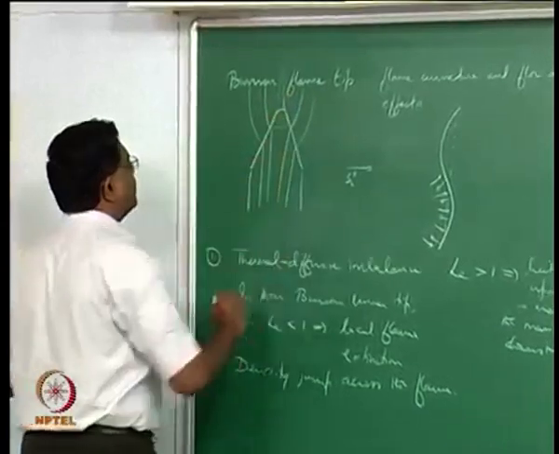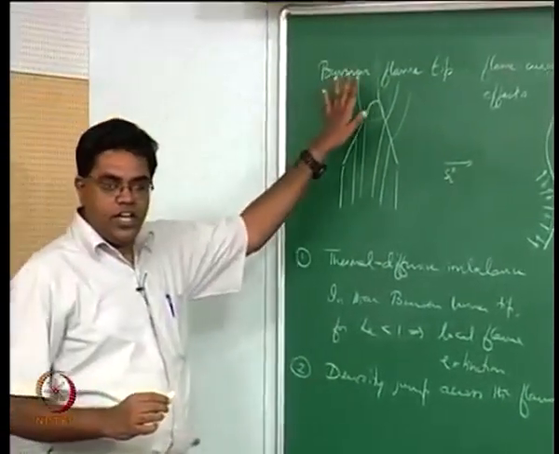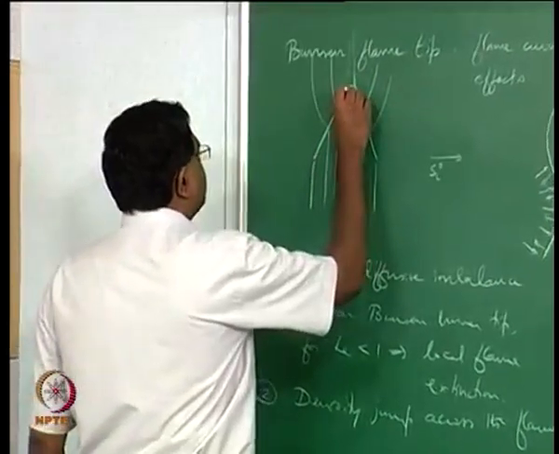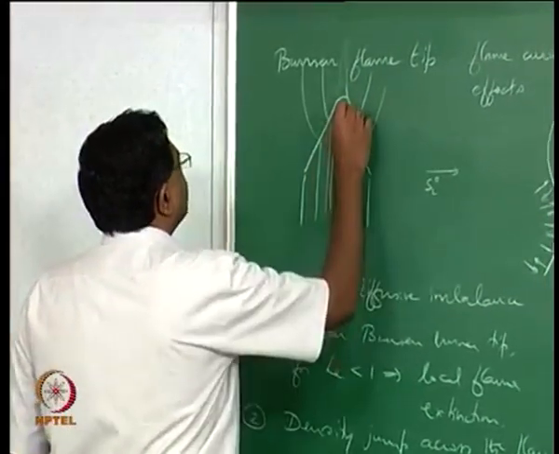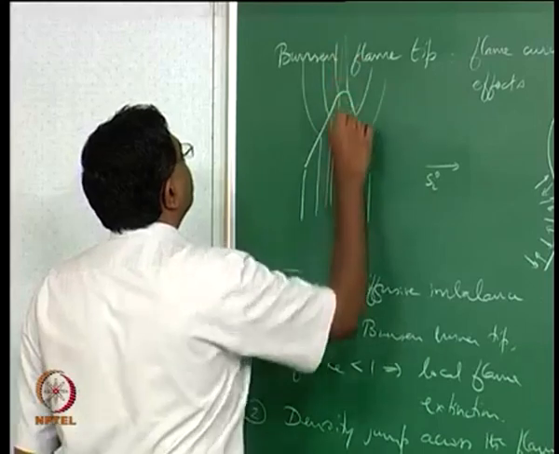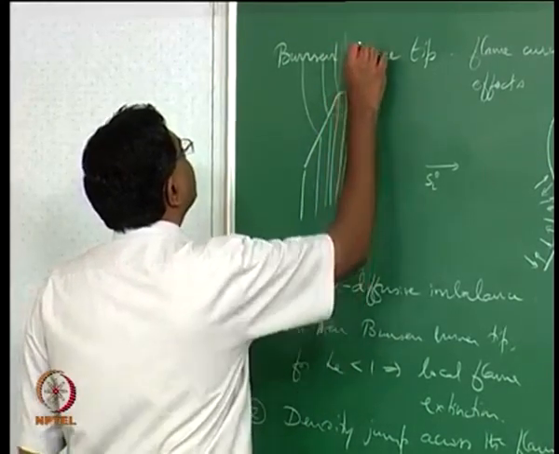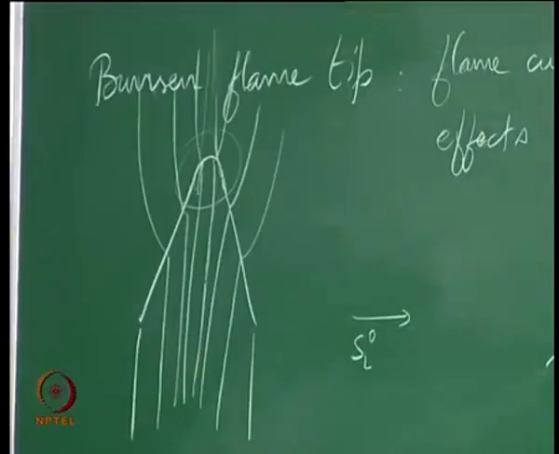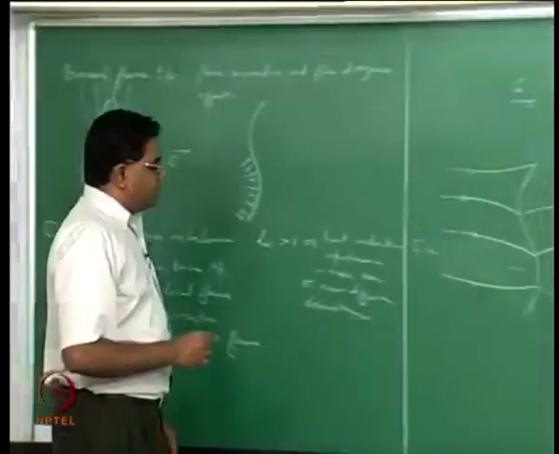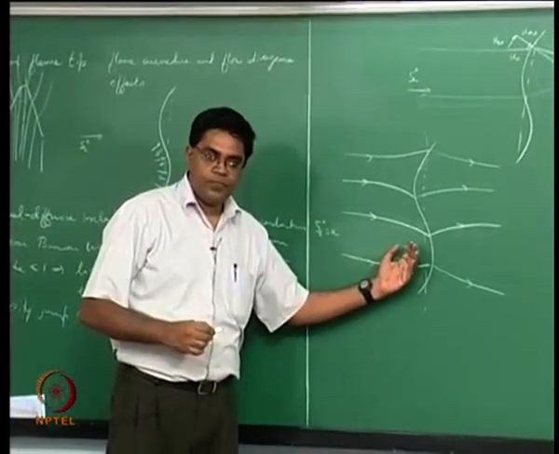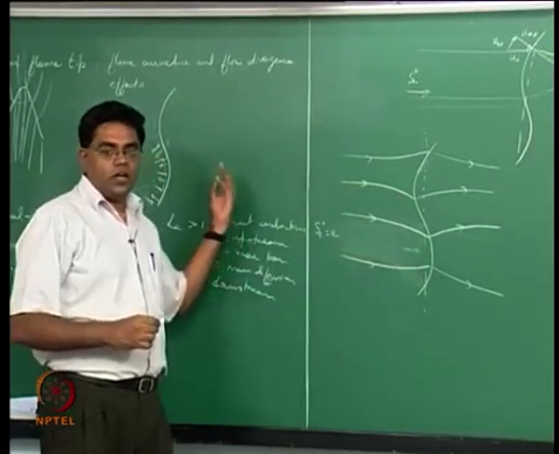So you do have a flow that is actually getting diverged for most part, and then that continues to happen over here, but locally it tries to actually squeeze in and then diverge. So effectively what happens is you need to take into account the effect of flow divergence on the